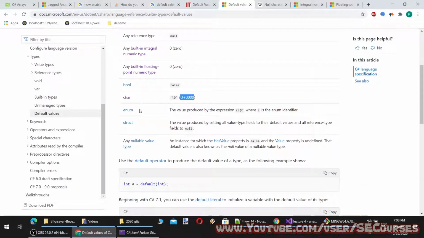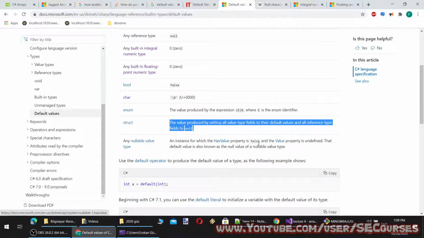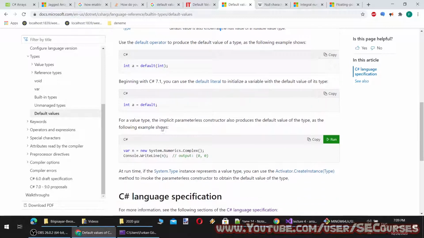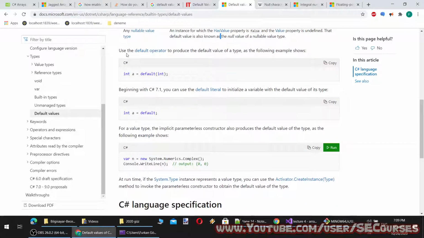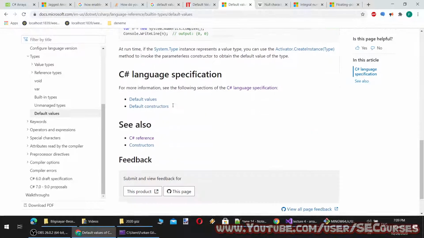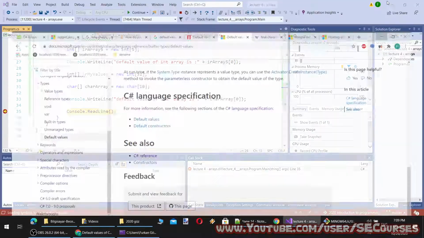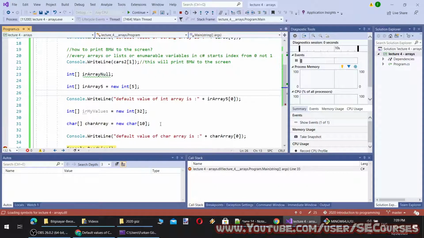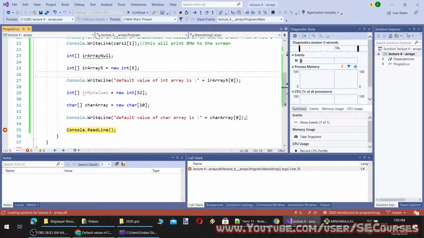So default value of enumerations is the enumeration expression itself. Default value of struct is null. Any nullable value type is null. Okay, there are some examples. So this is null.